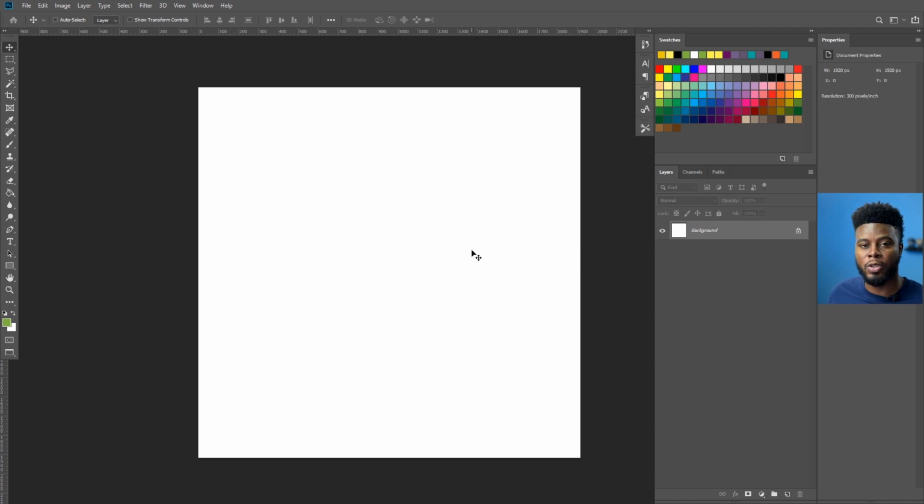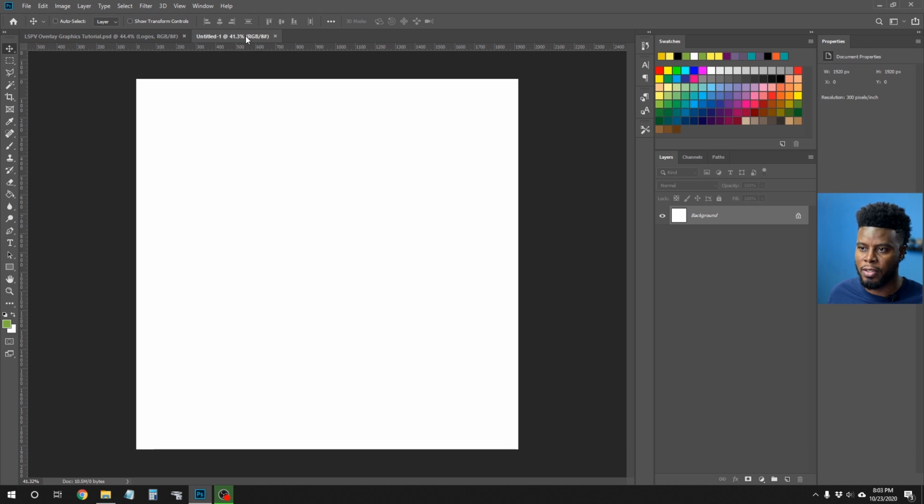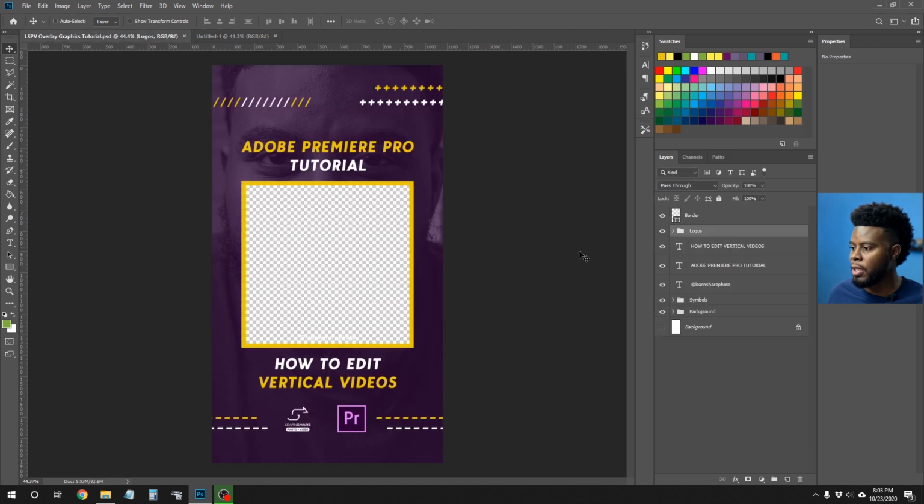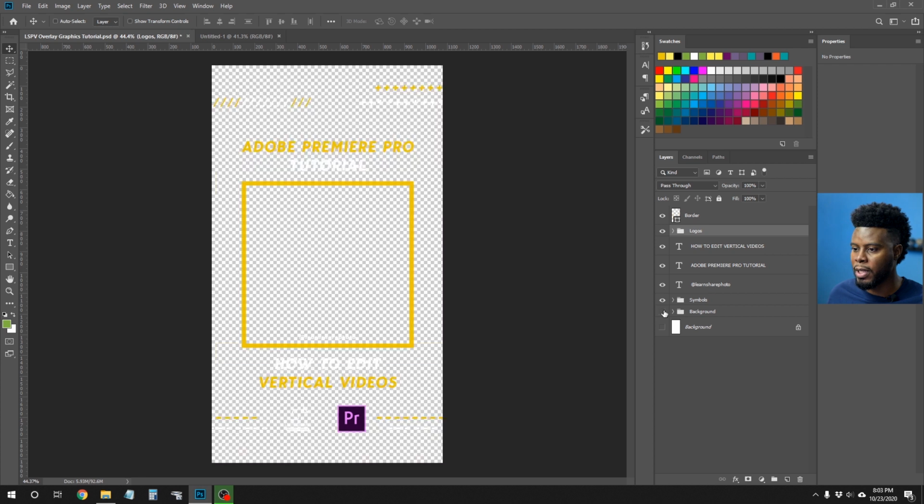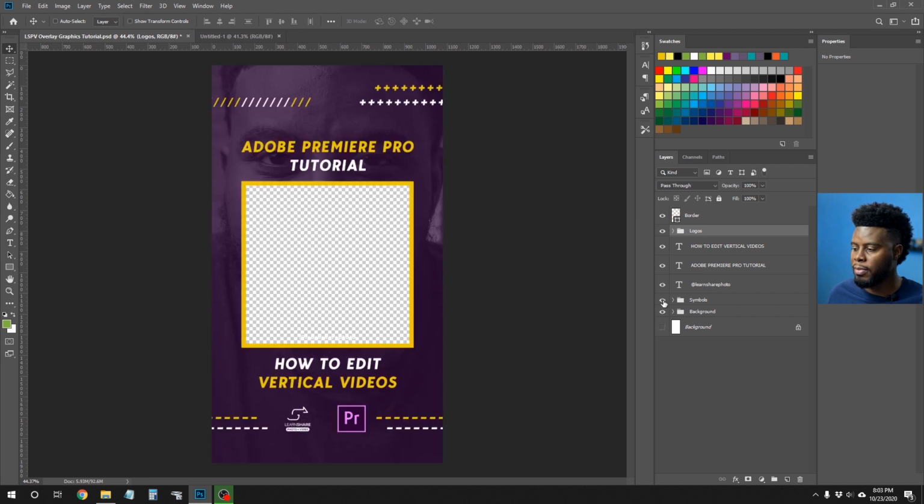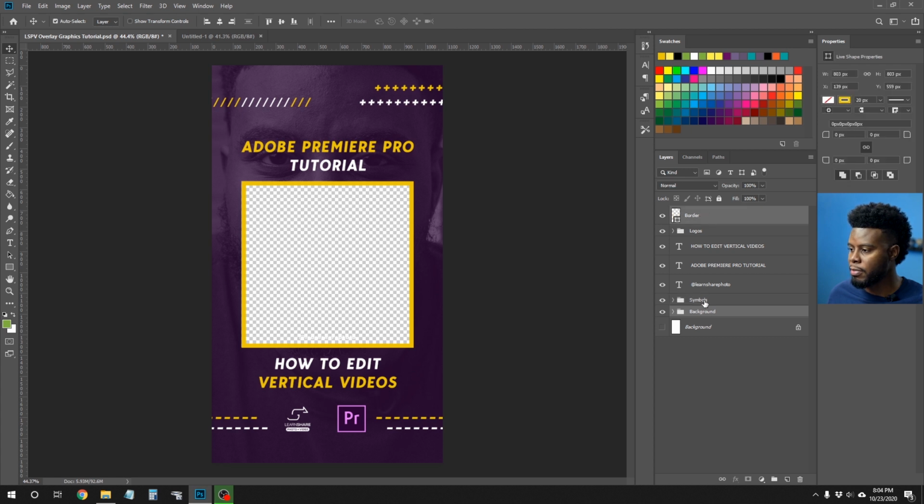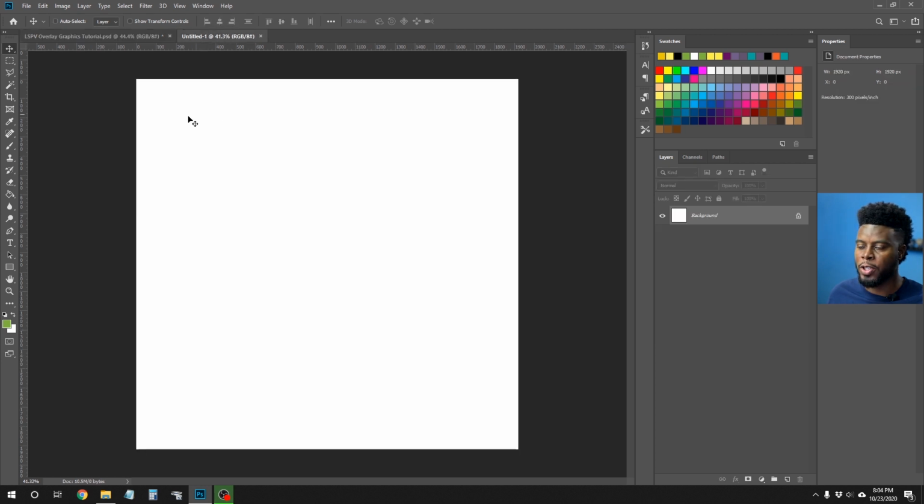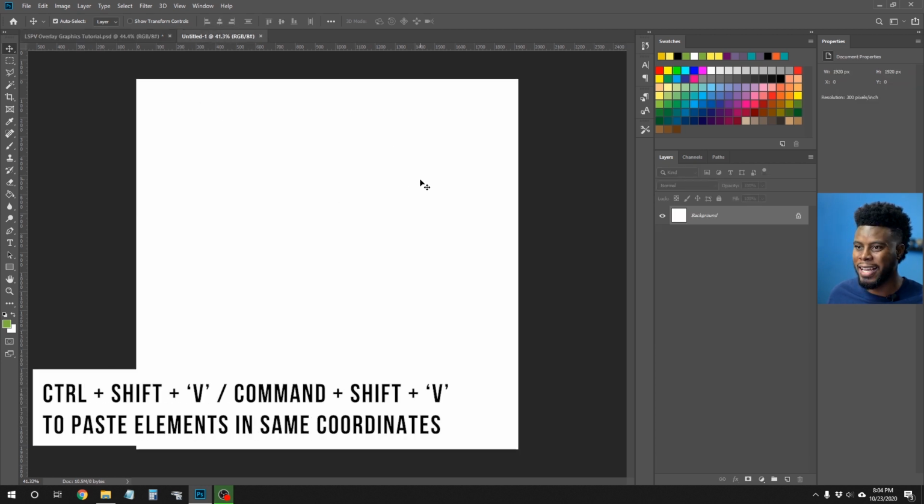What I'm going to do is I'm just going to copy the elements from our previous design into this new design, right? So let me just hit F on my keyboard to cycle through the screen modes. Here we are. This is the new one here. This is the one we just did. All right, let's go ahead and select what I want. I want the background. I want the symbols. Let's just do background, symbols, and border. Control and C to copy, and then come into our new template, Control, Shift, and V to paste it in the exact same coordinates,